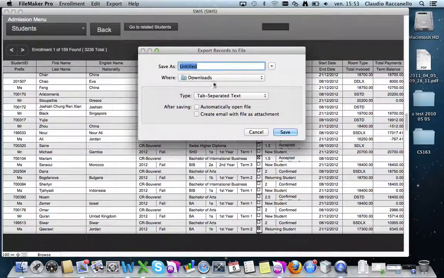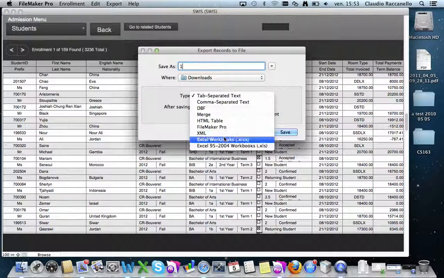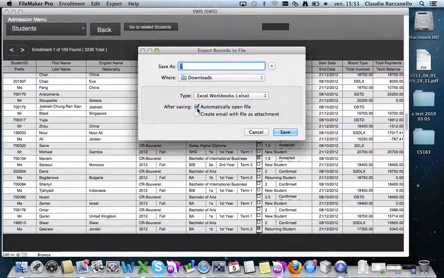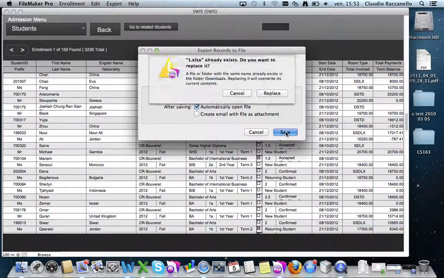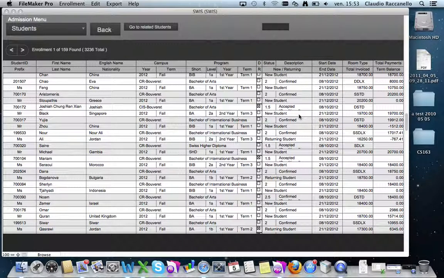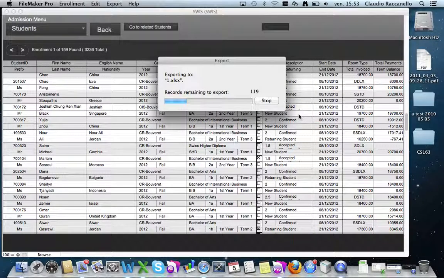So if I press export records, I just give a name. Always choose Excel workbooks like this one. Automatically open file, save, replace, and then it will automatically open an Excel document. Might take a bit of time to sort all the